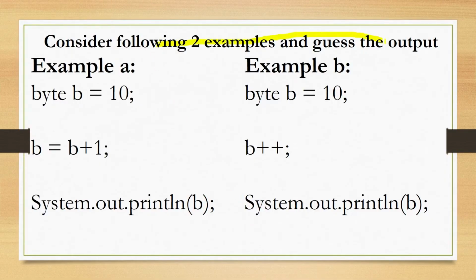So here consider these two examples. Here byte b equal to 10, and then b plus 1, and printing this. We just saw this example, where we have just used the data type int, so it's the same thing. When we do this, we will get 11 as our output. Similarly here, this byte b is 10, and then we are incrementing it using post increment, and then we are printing. So here also we will get the same output, 11. Both of these result in the same answer, but what's important is what's happening internally.